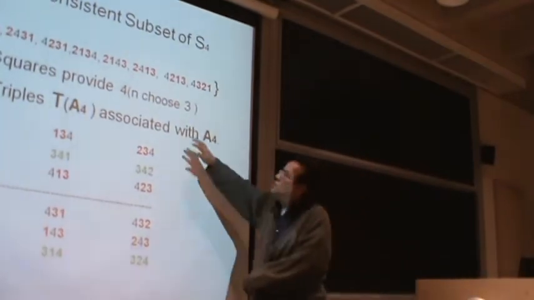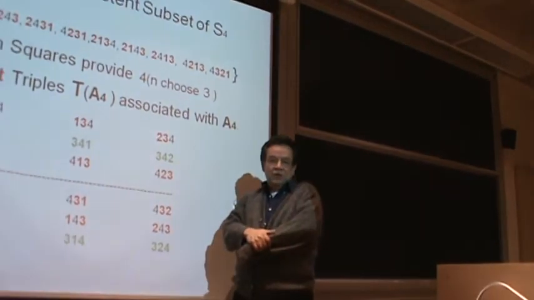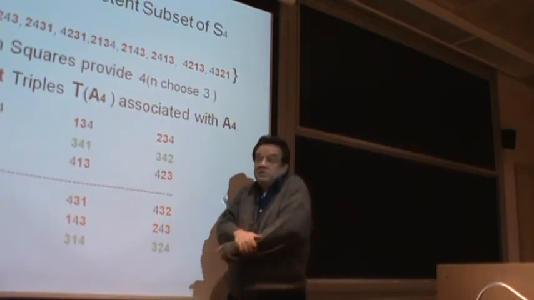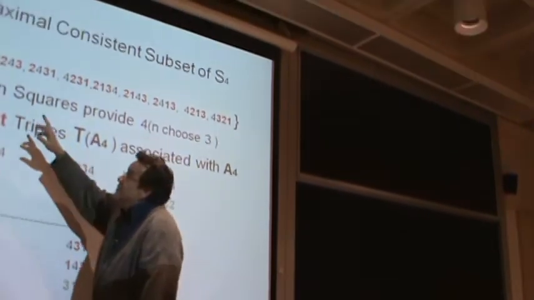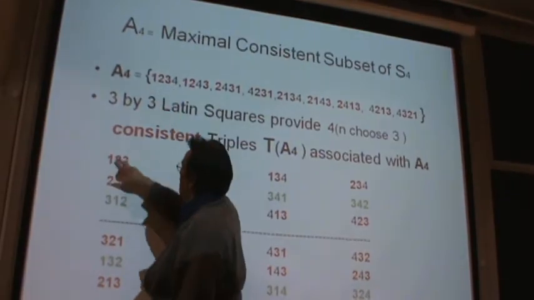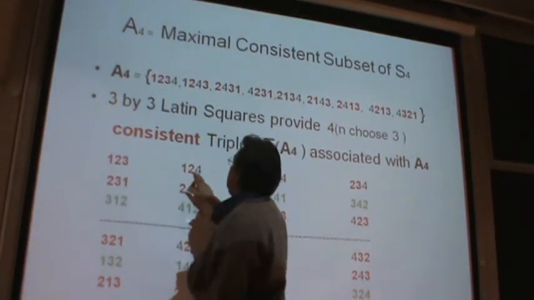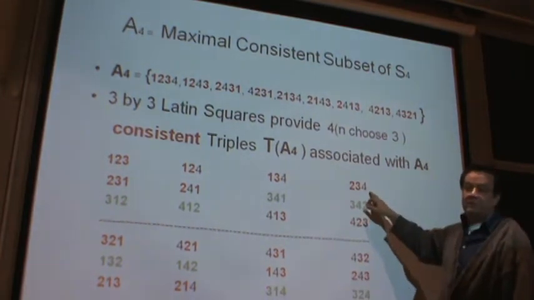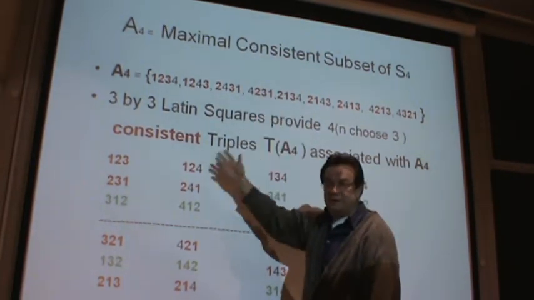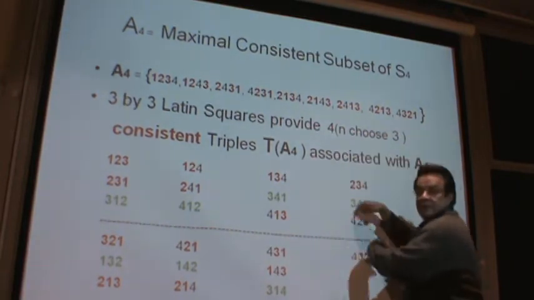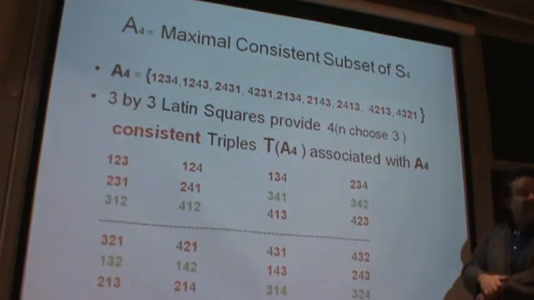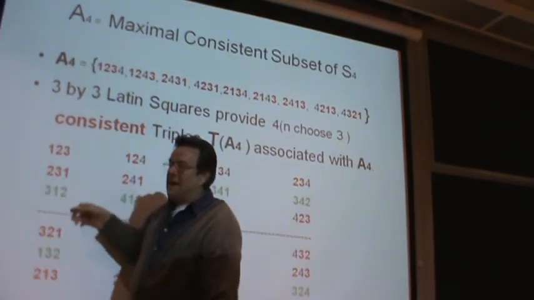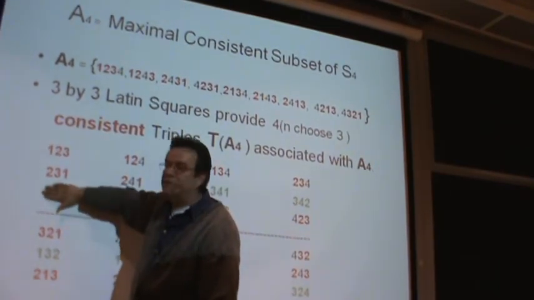So you come to me and you give me this set, and you want to check if there is a 3 by 3 Latin square from first principles. Well, you go and start looking at all the triples. 1, 2, 3, 4 has 1, 2, 3, 1, 2, 4, 1, 3, 4, 2, 3, 4. Look at the next one and start filling this in, checking. Is there or not? If at the end of the day, you look at any of these, and it happens to be that at least one of them is out,